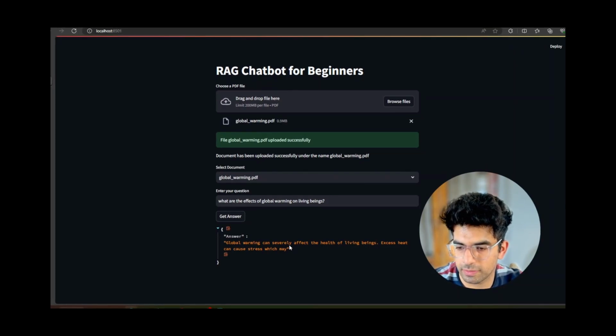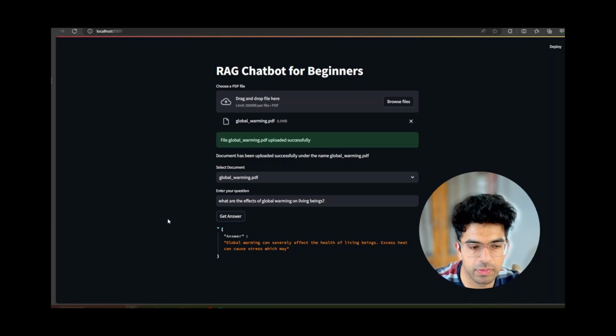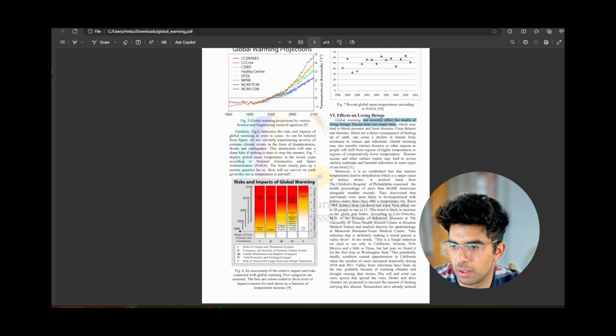It says that global warming can severely affect the health of living beings. Excess heat can cause stress. Okay, yeah. This is something which is in the PDF as well.